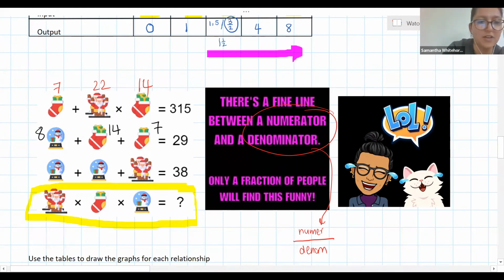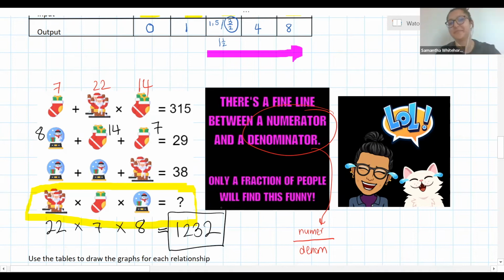Okay, so now we actually have everything that we need. So this is 22 times 7 times 8. So Tabang, do you want to give us what the answer is? 1,232. Fantastic. Well done. Thank you. Okay, nice guys. So that is indeed the answer,